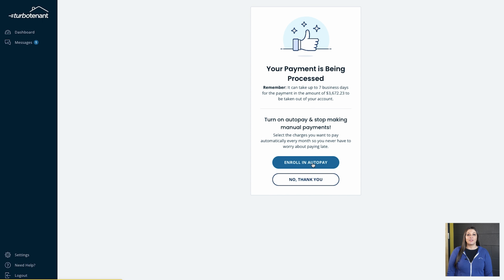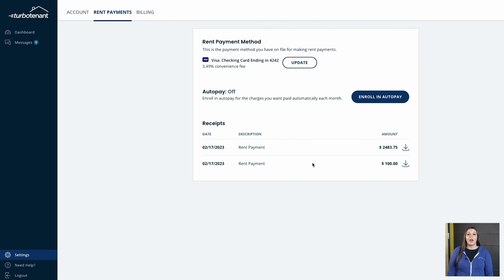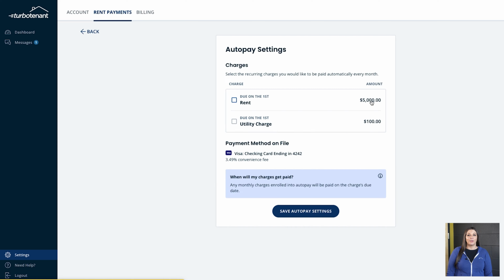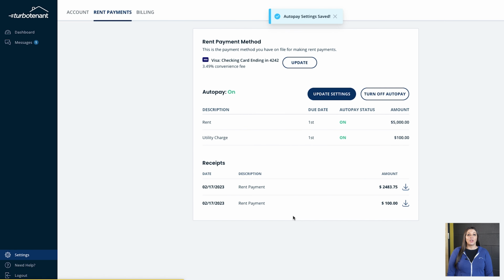For recurring charges like monthly rent, your tenants can opt into autopay within their tenant portal. Renters will have the option to select which monthly charges they want to enable autopay for. So if you charge a flat monthly fee for utilities in addition to the monthly rent, or have a monthly pet rent, your renter will be given the choice to select just the rent or any combination of the monthly